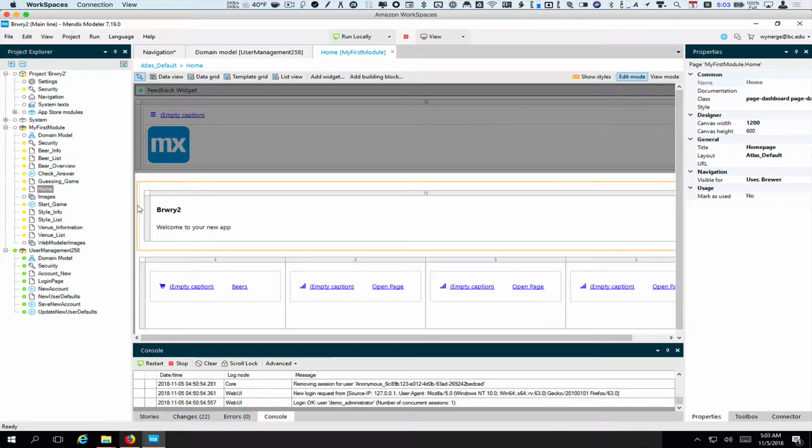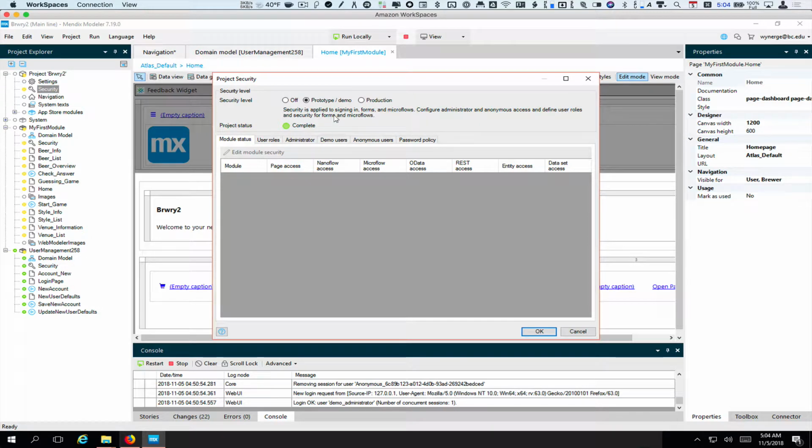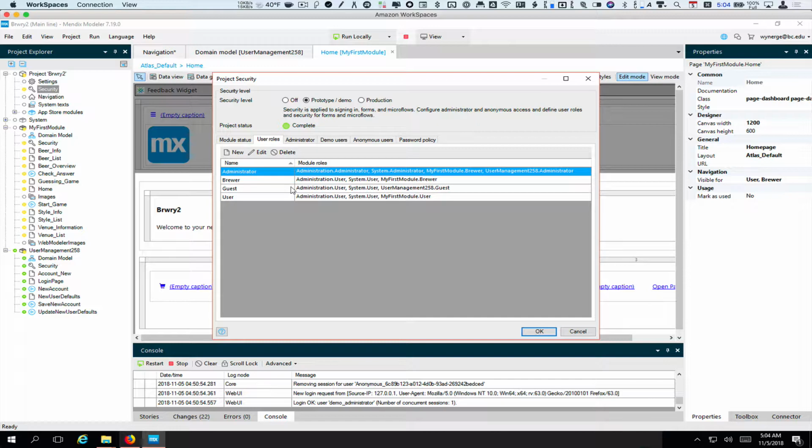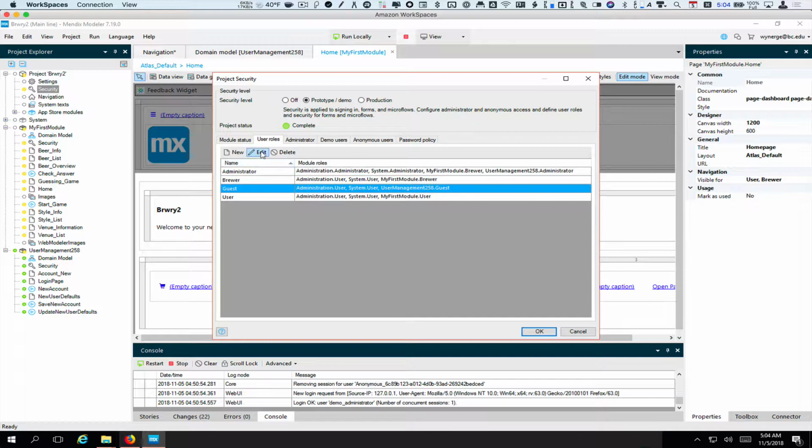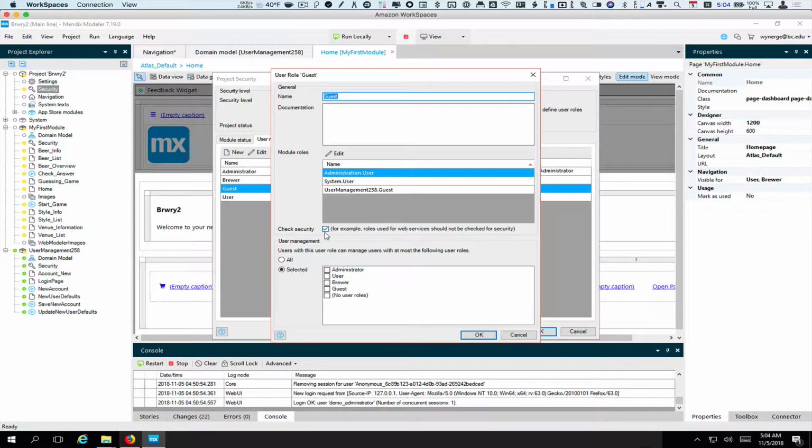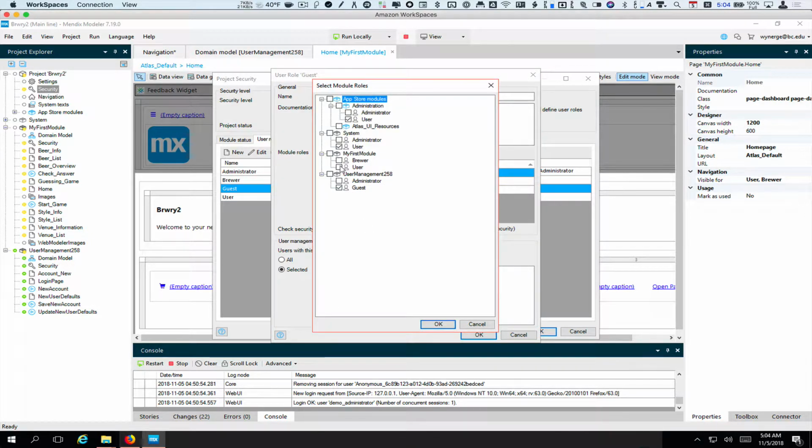Okay, the other thing we need to do is we need to go to our home page, and we need to add some login buttons. And actually, I realized I had said that we're not going to give our guest any access to our module, but they need to get to the home page, right? We need to go back to security. We need to go to our user roles. We need to go to guest. We need to edit guest. And we actually do need to allow